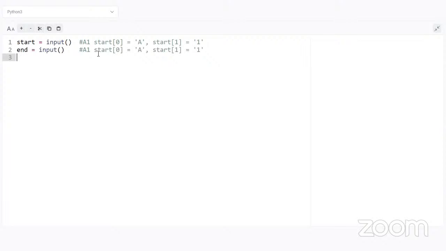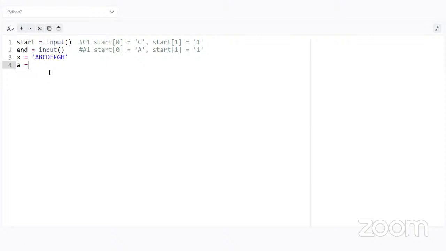I have one doubt here in start. Why are we assuming start of 0 as A? We don't know which input we will give. I'm not assuming. I'm just saying it will be of that format. I'm not assuming it to be A, right? It could be A, could be B, could be C, it could be anything. I'm saying if it is A1, then start of 0 will be equal to A. If it is C1, then it will be equal to C. I'm not assuming, that is just an example. Okay, so now let's just say.